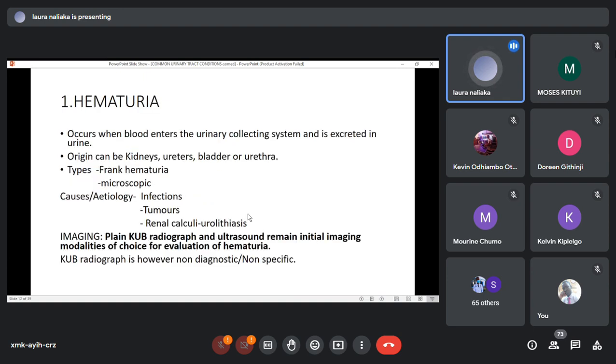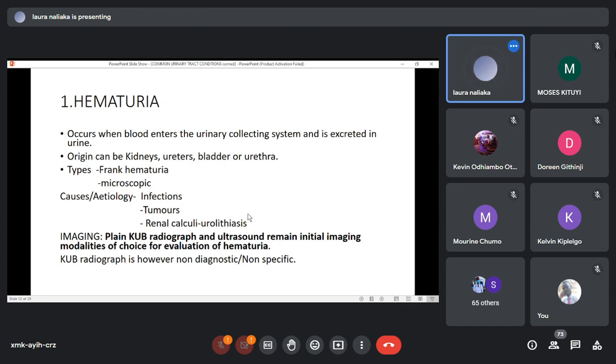Hematuria, the first one, occurs when blood enters the urinary collecting system and is excreted in urine. This can be frankly seen, which we refer to as frank hematuria, or it can be microscopic, which is just picked up from the laboratory. Origin of hematuria can be from the kidneys, ureters, bladder, or urethra, anywhere within the renal system. It can be caused by different etiologies: infections, tumors anywhere within the urinary tract, or patients with renal calculi,